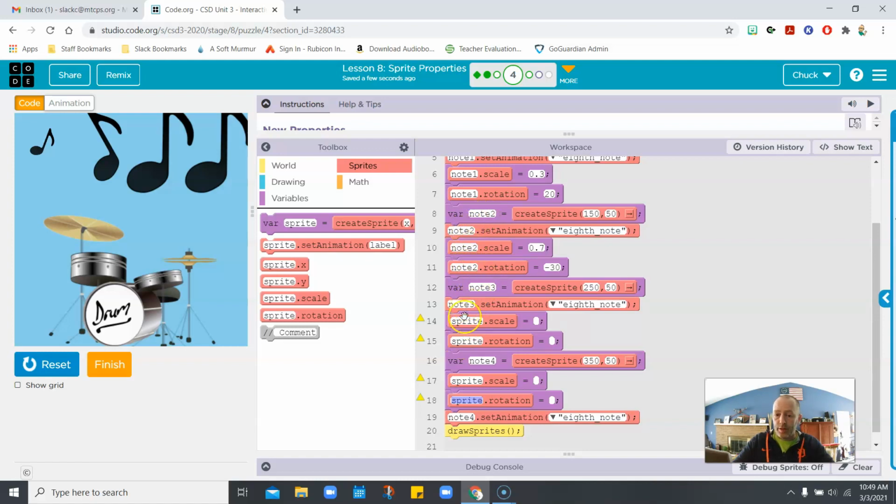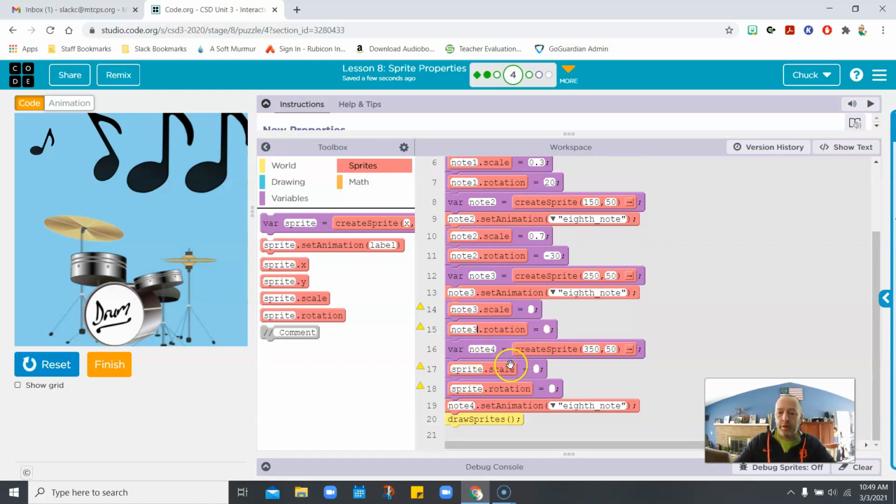So we have to change these two sprites to match note 3. You can either just type note 3, or you can copy and paste. So there's note 3, and we're going to do the same thing. You're going to notice here I made a mistake. I need to just move this up a bit so that the scale and the rotation appear